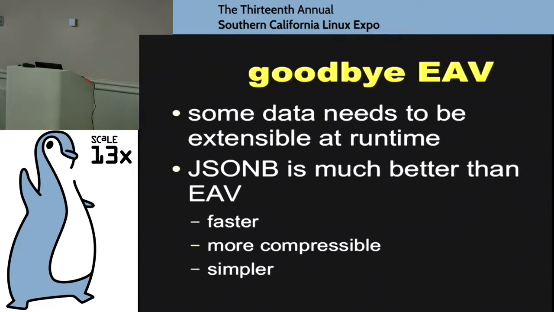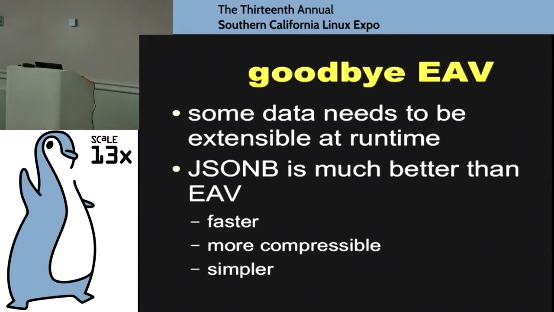The problem with EAV is it's hard to manage, it performs poorly, it takes up enormous amounts of space in the database, and doing questions like, show me all of the people who are over 45 whose hair is brown and are unmarried, those queries tend to also perform really badly because you're doing this over multiple rows and doing an aggregation operation. So if you need to extend data at runtime, if you need to provide an interface that allows the user to add new fields to the database effectively via the application, then JSONB can be a much better way to do that.